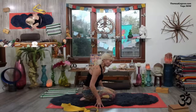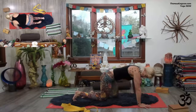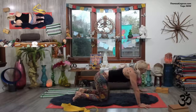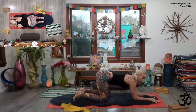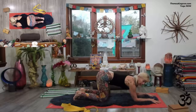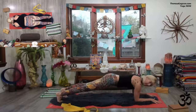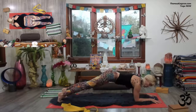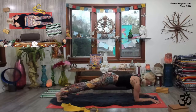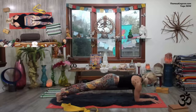And from here, I still want to stay in this tabletop position for just a little variation of something. Take your forearms down so that they're parallel like train tracks. Lift the belly button in, draw your elbows in a little bit more, and then extend the right leg and left leg straight back. Lift your hips up like this much more. Extend through the crown of the head. Now squeeze your inner thighs in, back, and apart. Lengthen your tailbone towards your heels and press your heels away, but extend through the crown of the head for